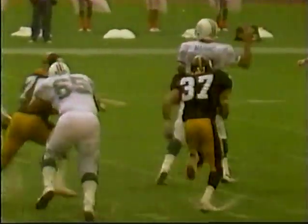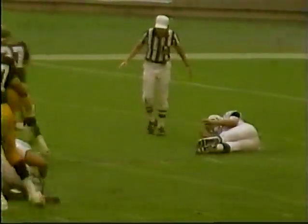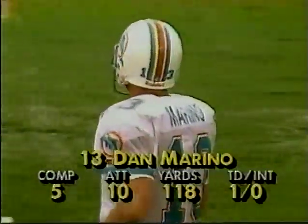And watch this, number 37, the rookie strong safety Carnell Lake with the hit on Marino. The pass was completed to Clayton for about 8 yards, but he landed on his throwing shoulder. You can see him wince. Dick Jorgensen kind of cleaning up his face mask. The ribs hurt him. The shoulder hurts him now, and the worst thing that can happen to a guy like